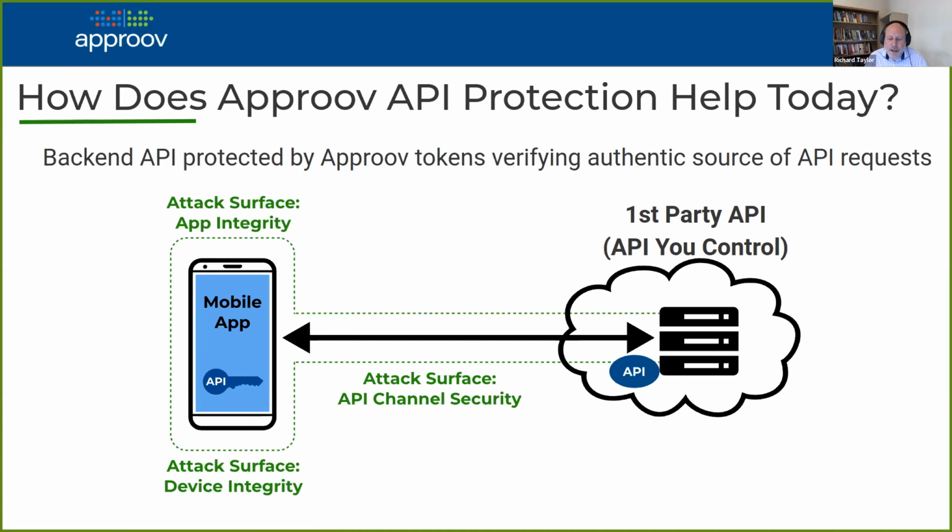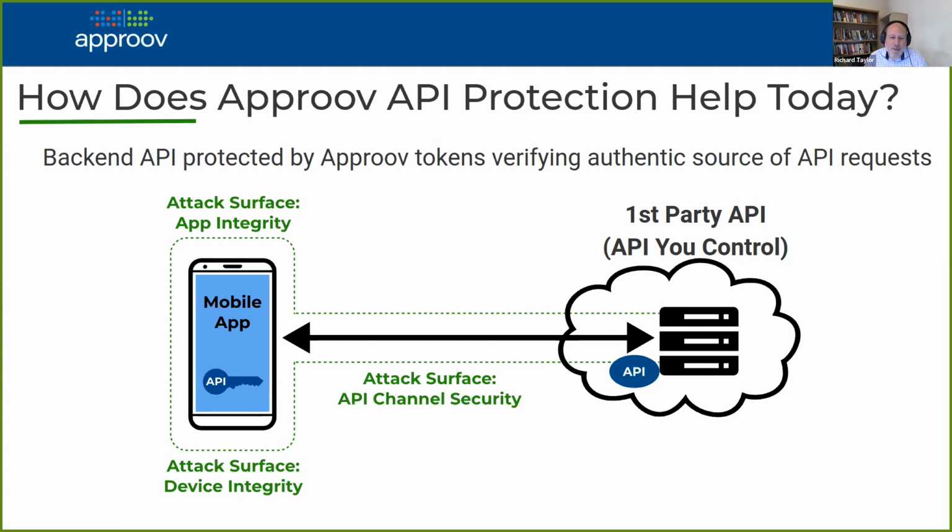So currently Approov, which has been released since 2017, is an API protection and app protection tool that is a combination of an SDK and something that sits in the back end. And this has primarily, to this point, been focused on protecting first-party APIs, so APIs that you may control. As an app developer, there may be some third-party APIs you're using, but there also might be APIs on the back end that you control directly.